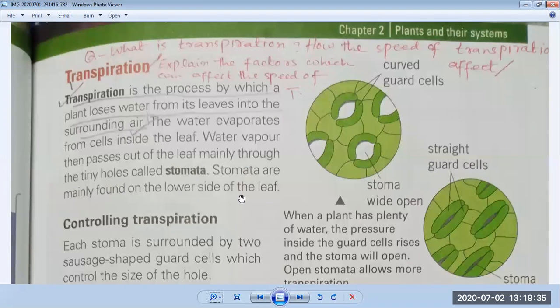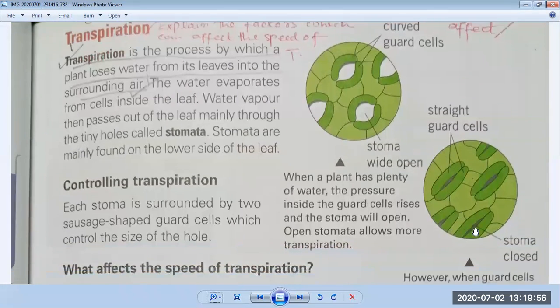You will understand this concept with the help of a diagram. Here a diagram is given. It's a diagram of a leaf. This is a leaf and this is another leaf and there is a stomata. You can see there is a stoma in the center. Here are guard cells and they all are closed at this time. So the stoma is closed. Keep in your mind that stomata are closed during nighttime and they are open only at daytime. So here you can see when these guard cells are open, and here these guard cells are closed.